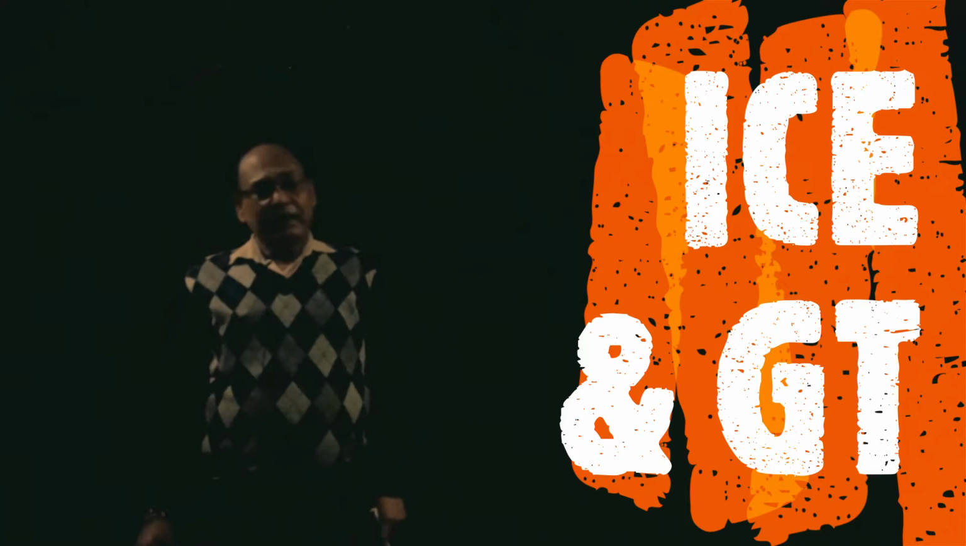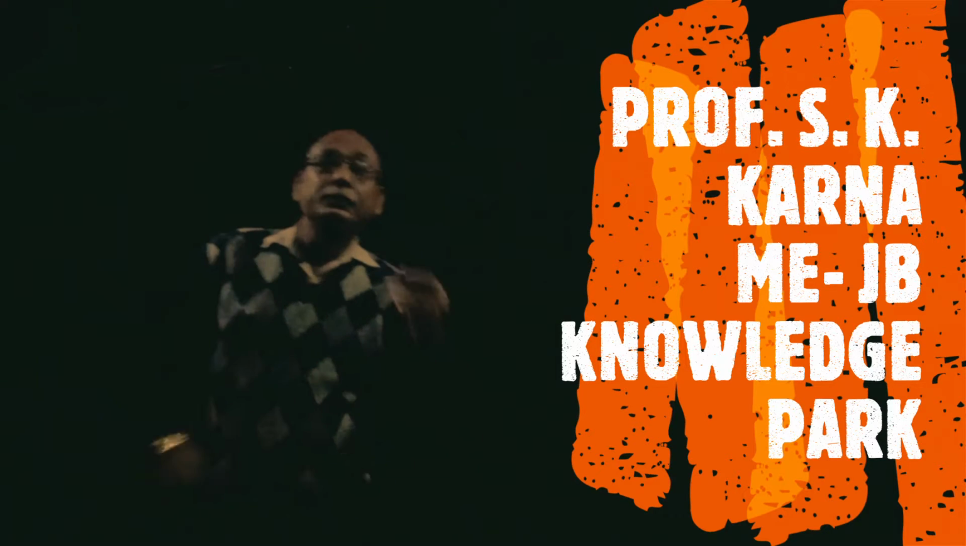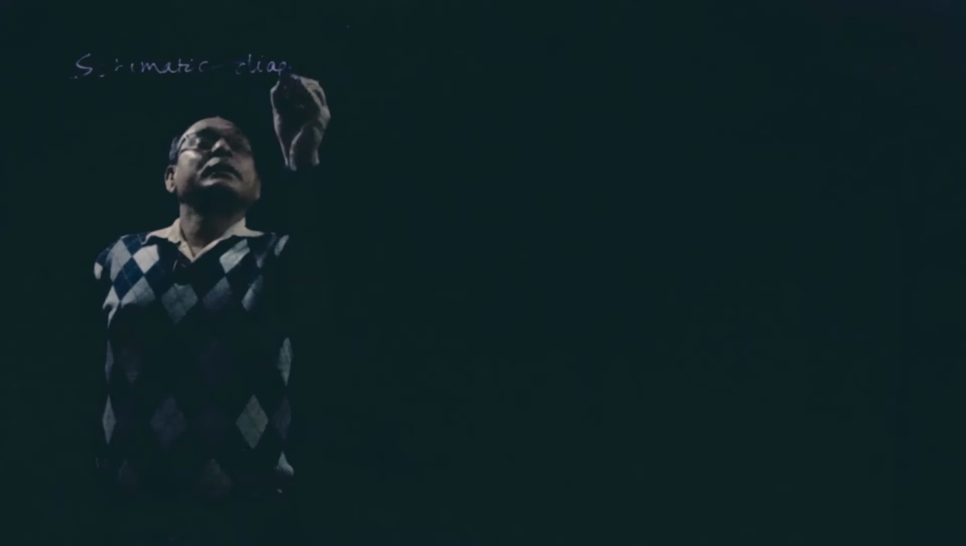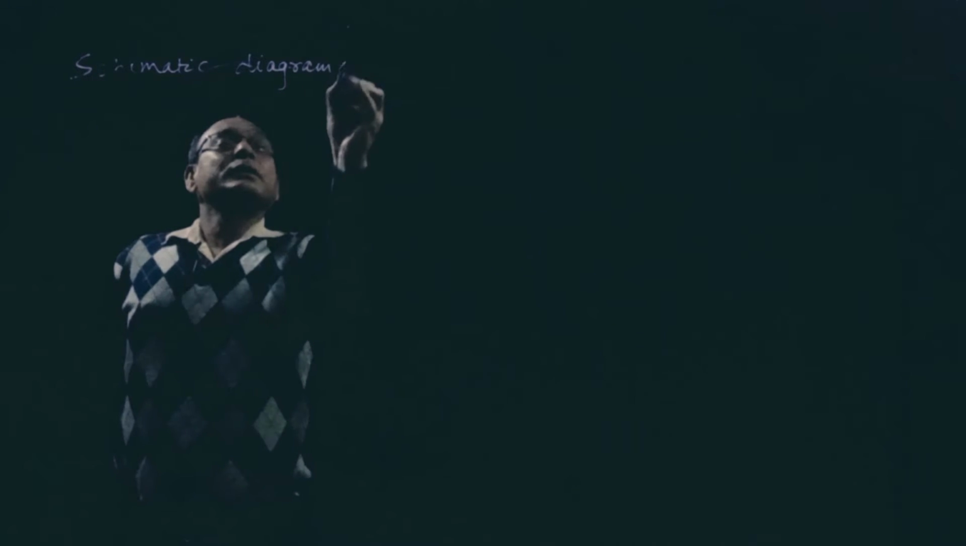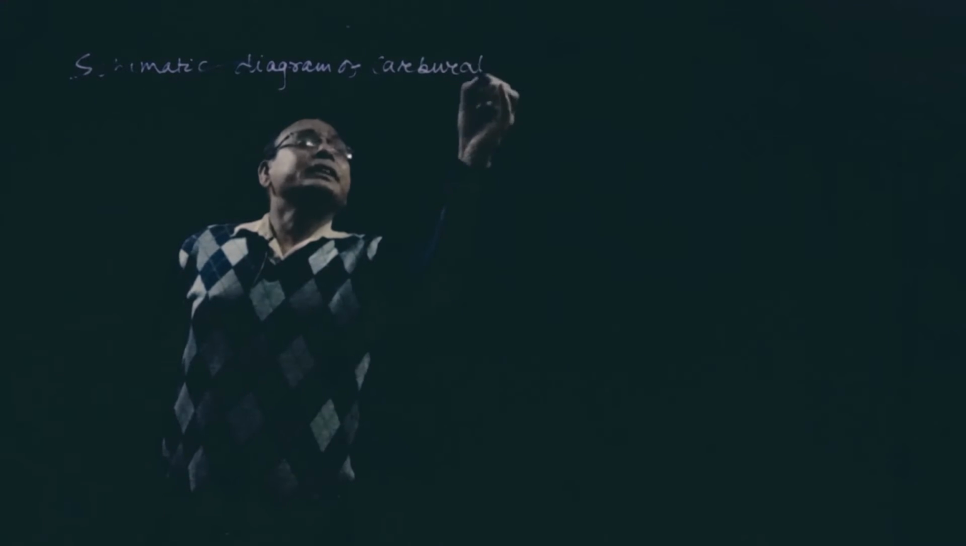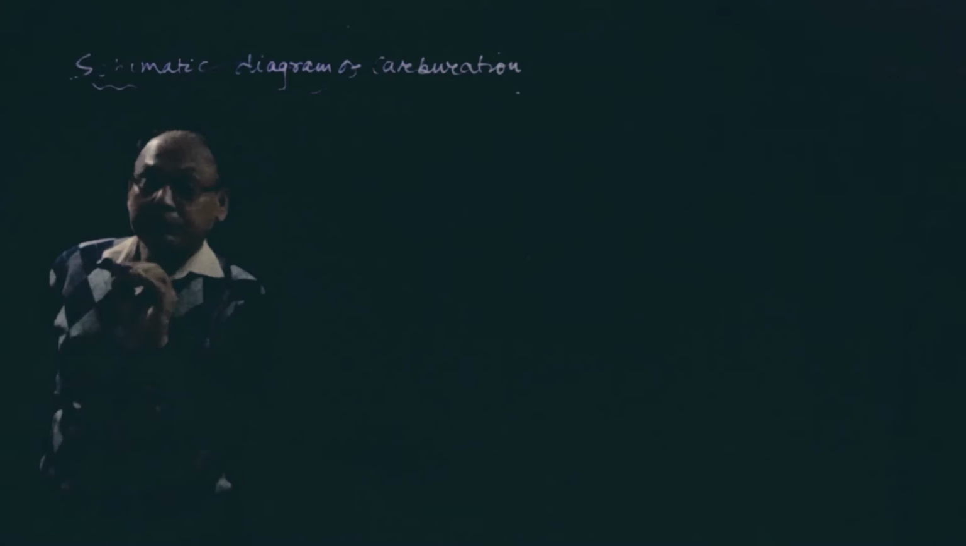Friends, as we have already discussed what is carburation and what is carburetor. Now let us see how the fuel mixes with air before entry into the cylinder. So that is a schematic diagram of carburation. Okay, carburation, or we can call it carburetor also. How it takes place. Now see, first of all, from fuel tank,